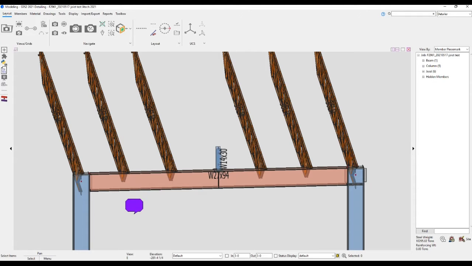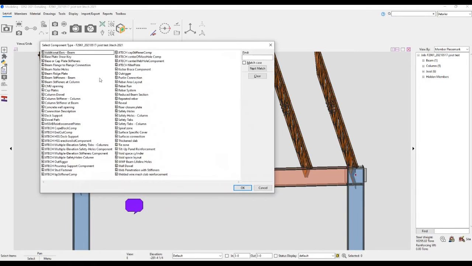This is the tutorial for the JITECH HSS Deck-Support component. This component facilitates the placement of HSS tubes to support the deck. It can be used on multiple members simultaneously given that those members are of the type beam. To use this component, we go to the Select Component Type window and search for JITECH HSS Deck-Support, and then